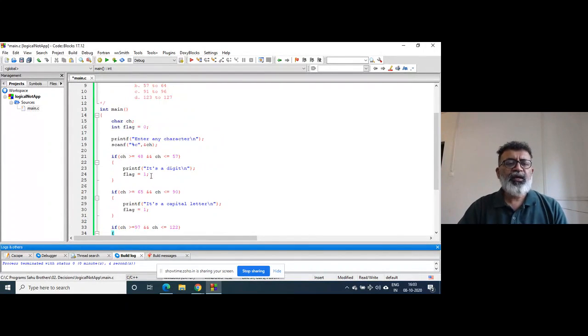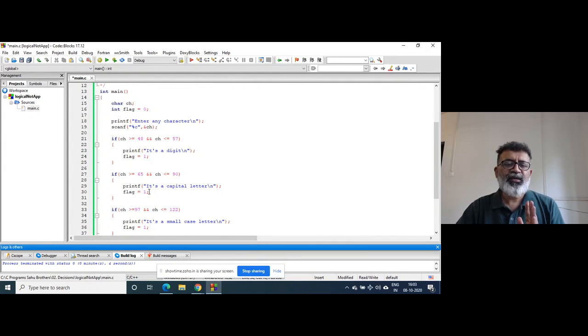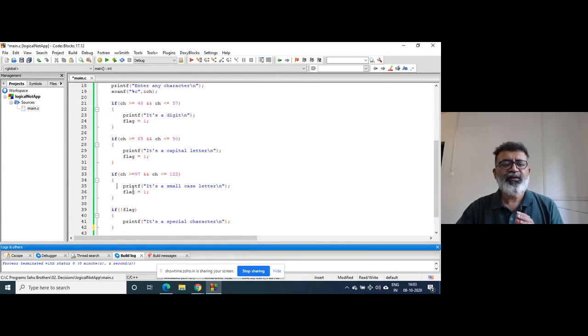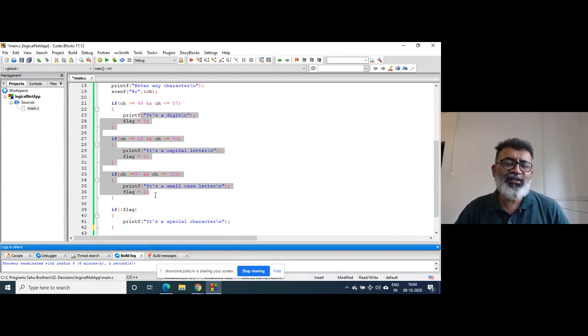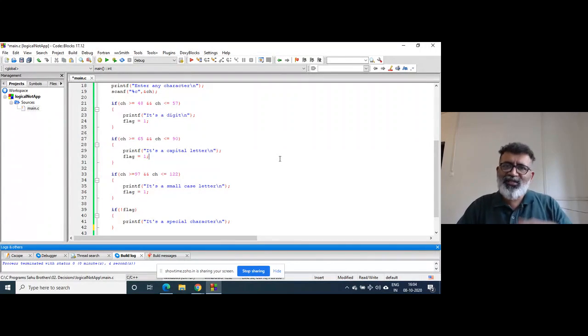What I am doing here, I am declaring some variable and initializing it to 0. Now, when the character is a digit, control will go inside, and the flag will be inverted. It was 0, I have made it 1. Same here and same here. Now, what happens when either of these conditions is true? That means it is a digit or a capital letter or a small case letter.